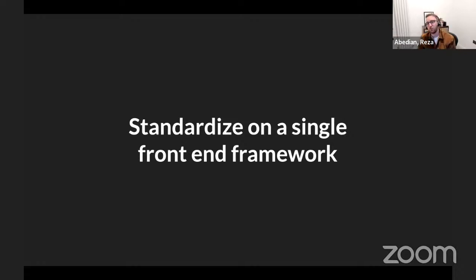Standardize on a single front-end framework. I must have said this already 3 or 4 times whilst I've been speaking, but if you just pick one, there's very little value in this day and age to build things using multiple UI frameworks. I know as developers, we love to pick different technology and use different technology to learn it, but really it's about being responsible with your organization's investment. Why use multiple frameworks when you can use one and then reuse all the code across multiple apps? As a result of this decision, we were also able to double down on best practices in those frameworks.